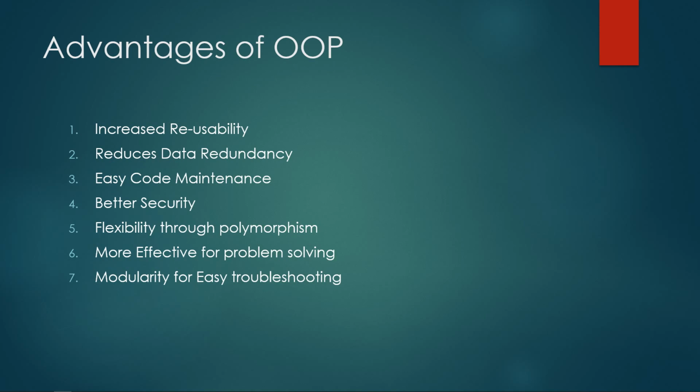When working with object-oriented programming languages, you know exactly where to look. For example, let's say there's a problem with the car object, like the car broke down. Then the problem must be in the car class. You don't have to go through all these other classes and find out where exactly the issue is. So here we know the problem is with the car object, which means that the car class should be rechecked. So these are the advantages of object-oriented programming.